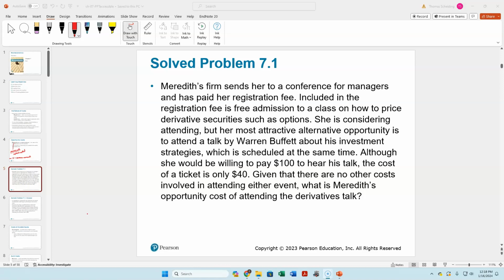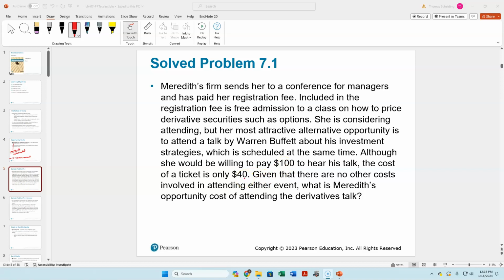The company paid for it, but the other point of concern is that the company did pay the $40, and the company might ask her for the $40 back if she doesn't go to this class on how to price options. So the difference here would be between what she's valuing it at, $100, and the explicit cost